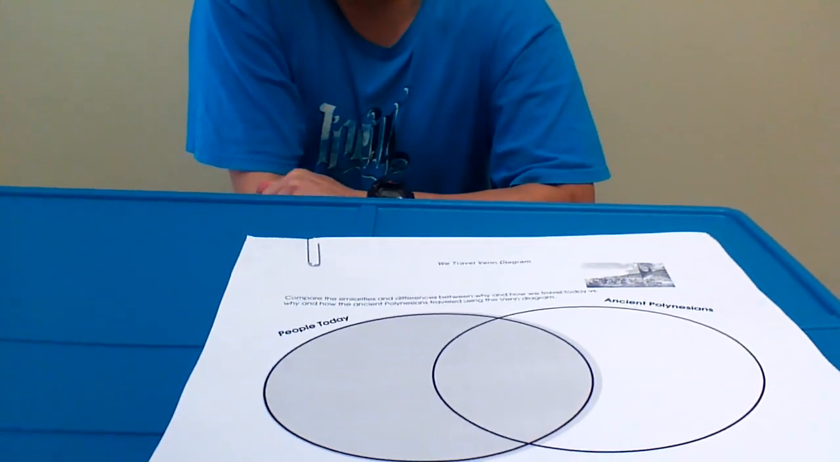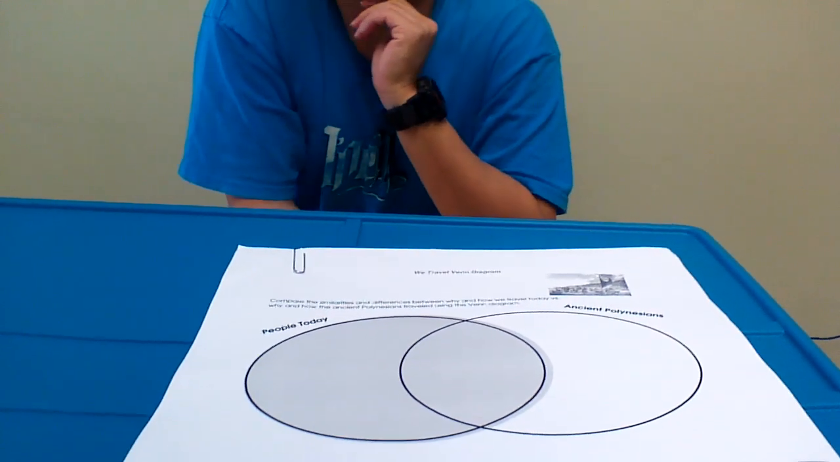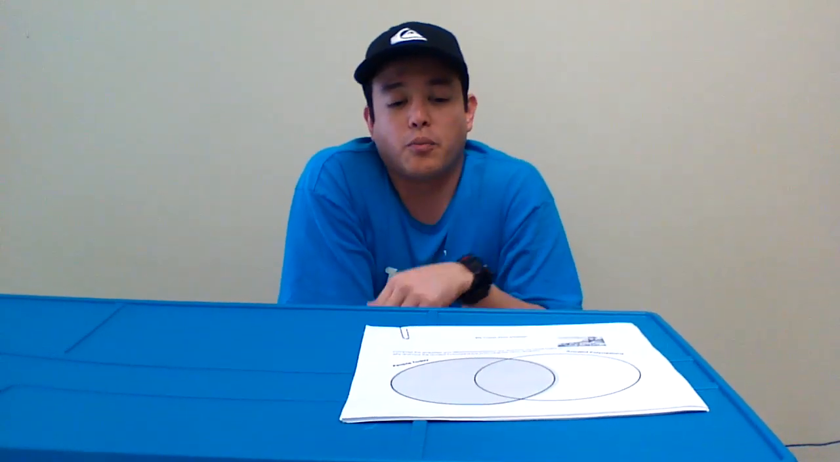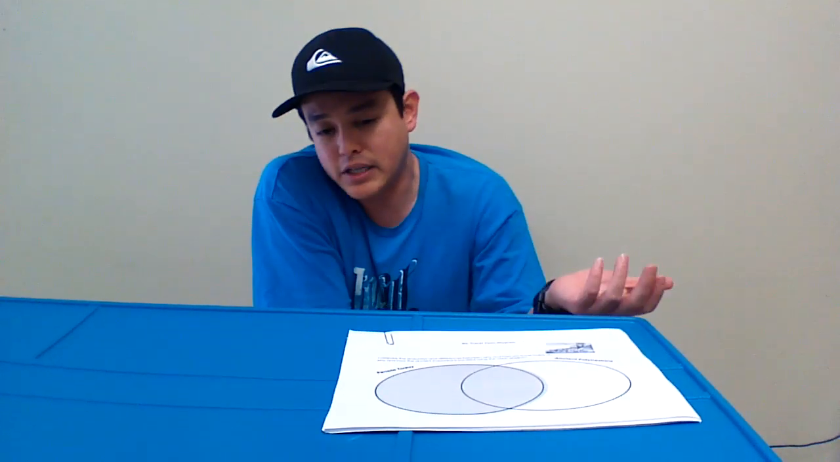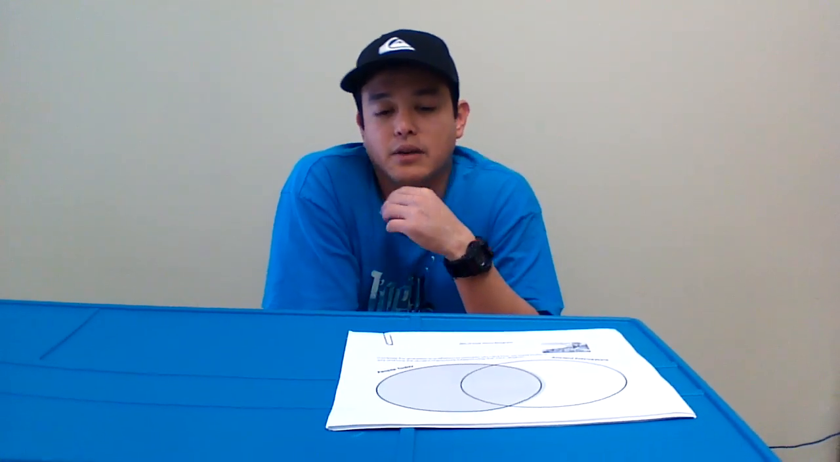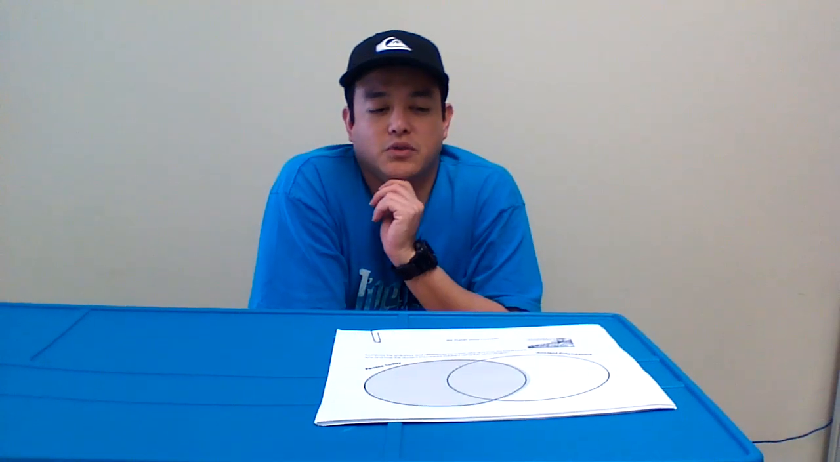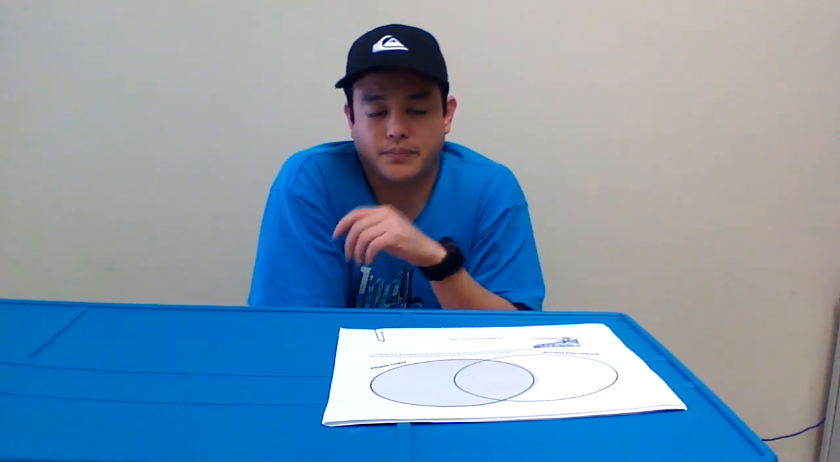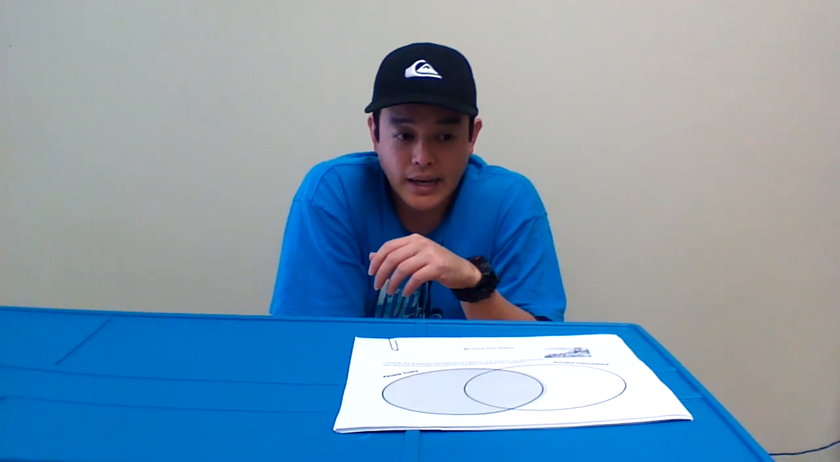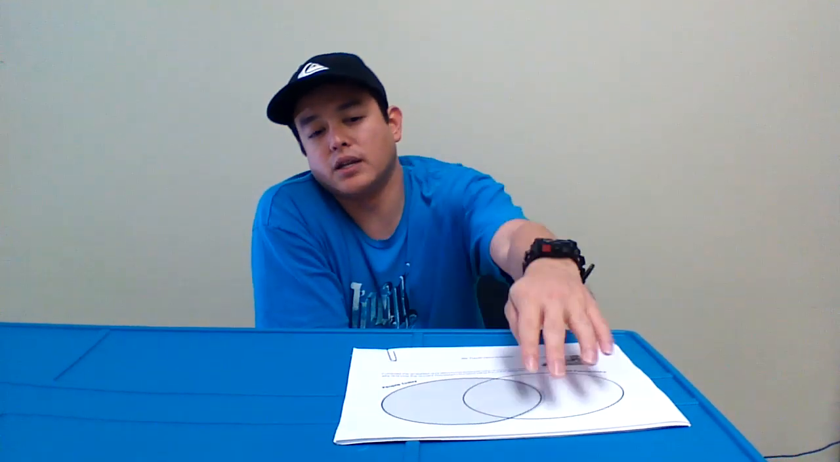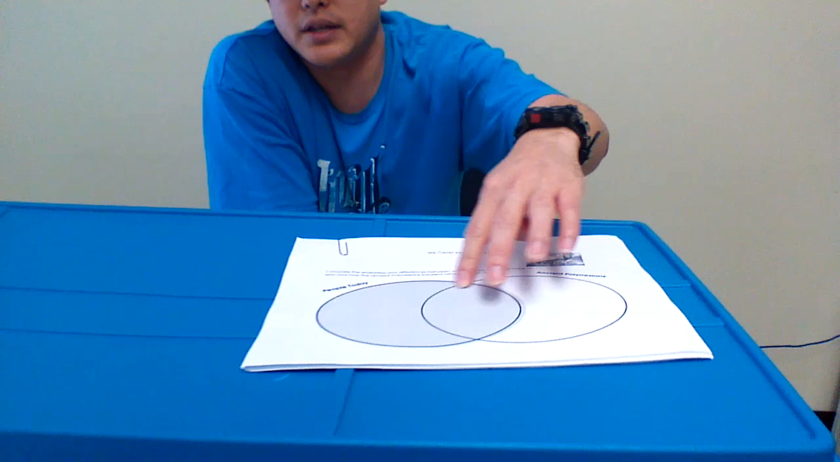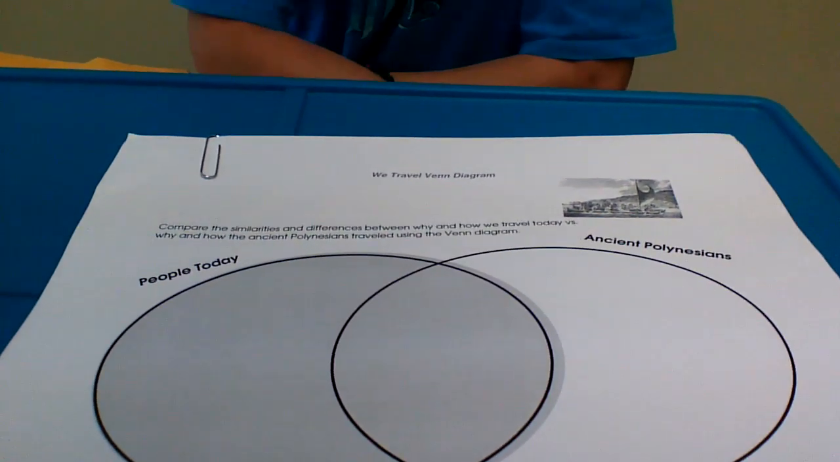It's 6 steps. For this lesson, you first start with your cultural background, and in this cultural background, we're also going to have a Venn diagram. With this Venn diagram, you're going to compare how people travel today versus how ancient Polynesians traveled. Today, we travel by boats, planes, cars, and buses. For ancient Polynesians, their main transportation was their boats or walking. And so you write in the middle the things that we have in common with how ancient Polynesians traveled and how we travel today,